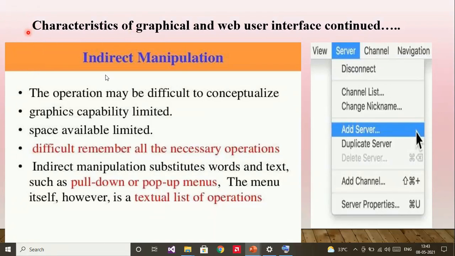There will be a menu where it is displayed that it has a file. Then you go for save as or save, like drop down options you may get there. So that is indirect manipulation. Instead of going directly and saving the content using the icons, you can go through certain pull down or pop-up menus, and then you can operate the window as you need. So that is indirect manipulation.